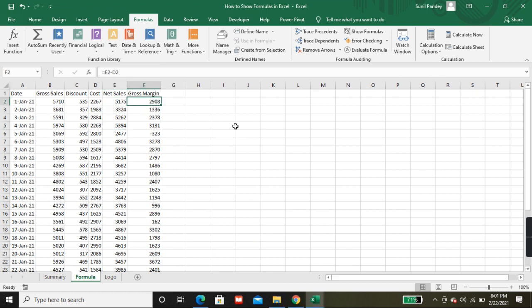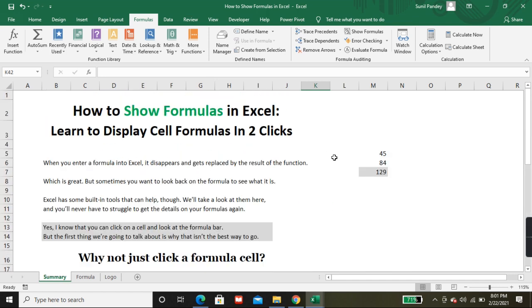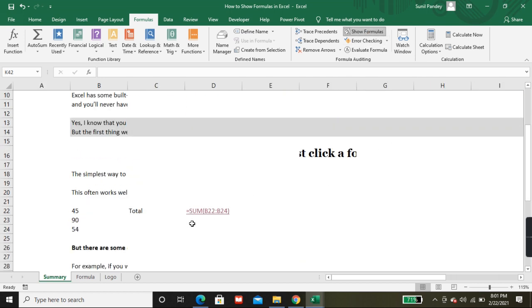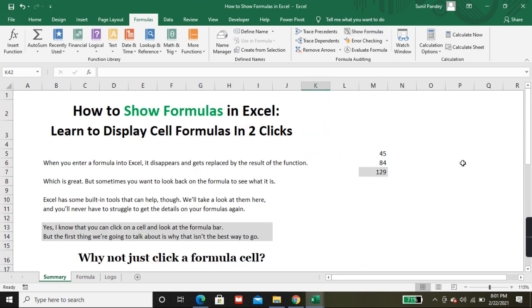So this is how to show formula in Excel in just 2 clicks. Either you can use your shortcut from your keyboard, or you can click on this Show Formulas. See.